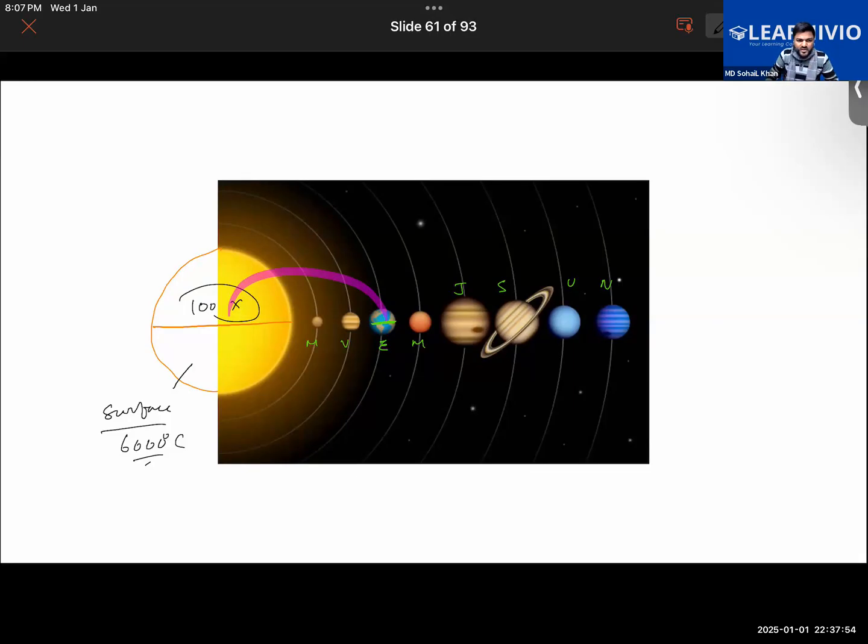Okay. Further, the sun is not like a solid object. It's basically a sphere of hot gases. Okay, so if you were to think like,